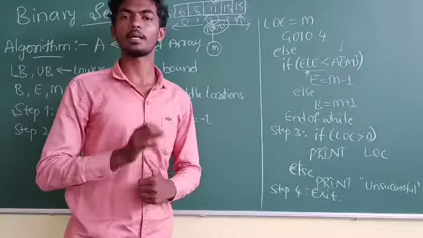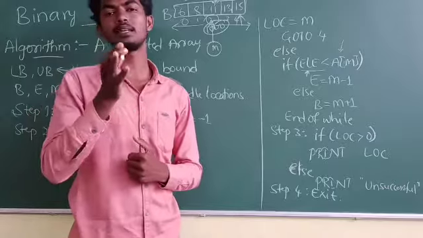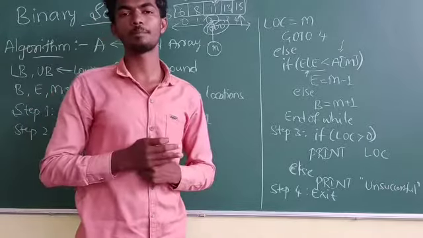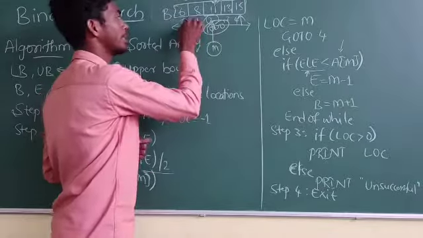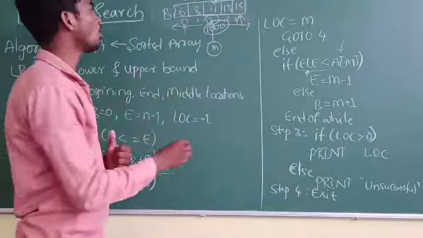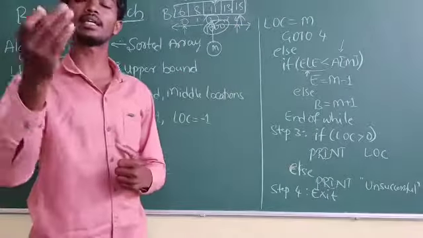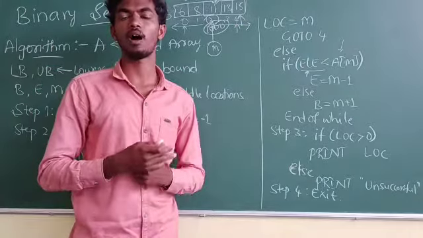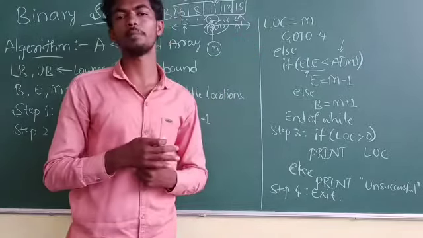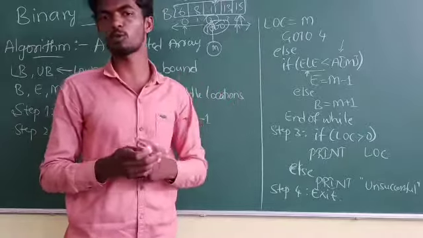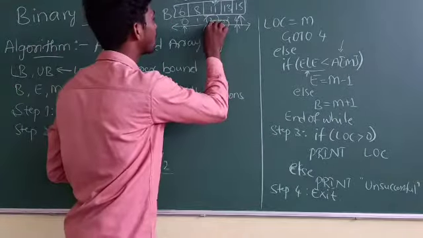First thing, in the binary search method, the algorithm will consider the beginning and end of the array, that is, the indexes. Beginning is 0 and the ending is 4 in the given array. It will calculate the middle as beginning plus ending divided by 2. Here 0 plus 4 divided by 2 gives you 2, which is the middle element.